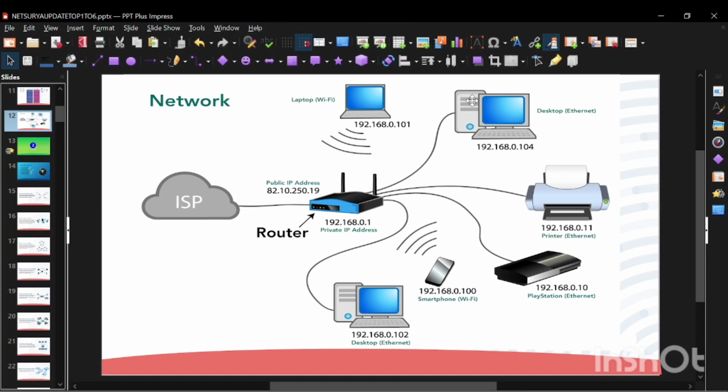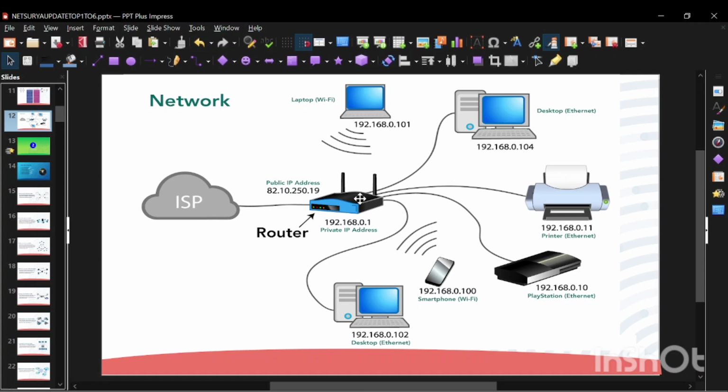The printer is connected via Ethernet with IP address 192.168.0.11. And last, the PlayStation is connected over Ethernet as well, with IP 192.168.0.10. All these devices are assigned private IP addresses in the range of 192.168.0.x. These IPs are not visible outside the network, right?